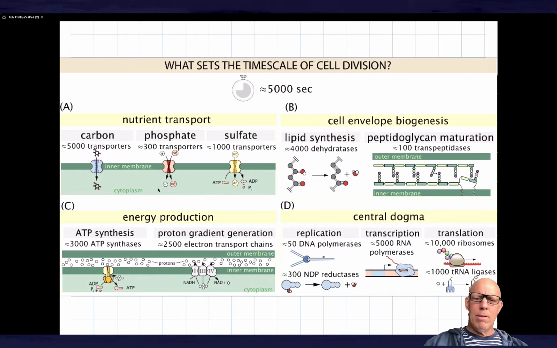In the end, we found that in all of these cases, in a certain way, parallelization was the answer. When I say parallelization, what I mean is that we can always increase, for example, the number of transporters, and so we can bring in carbon backbones in parallel rather than having to do this in a one at a time fashion. And what we concluded is that the production of ribosomes can't be done in a parallel fashion, in the sense that one ribosome has to make another ribosome,